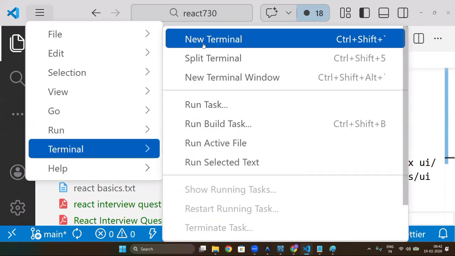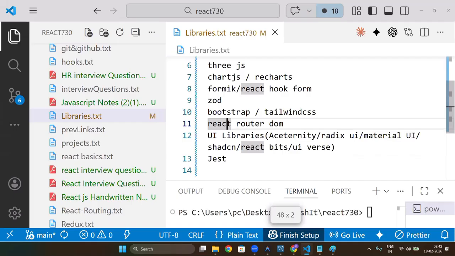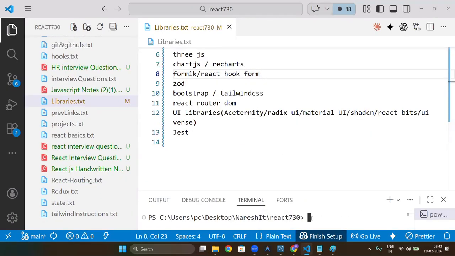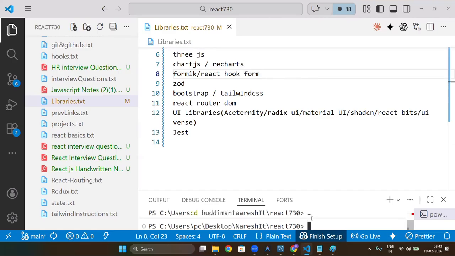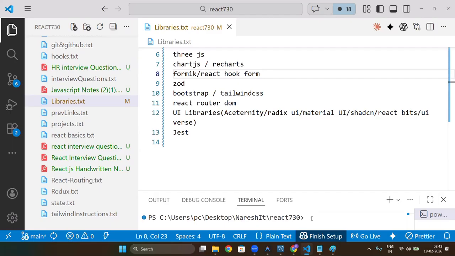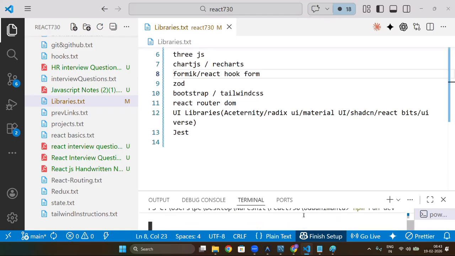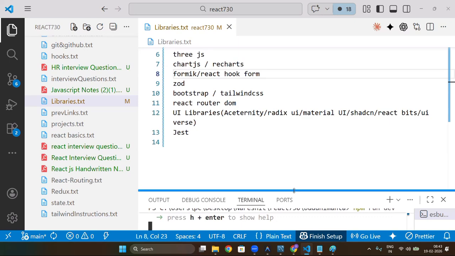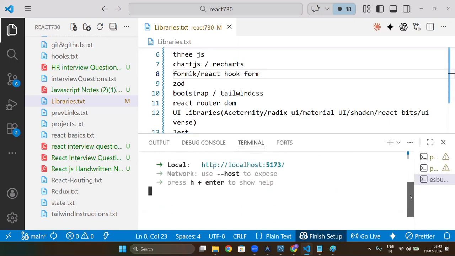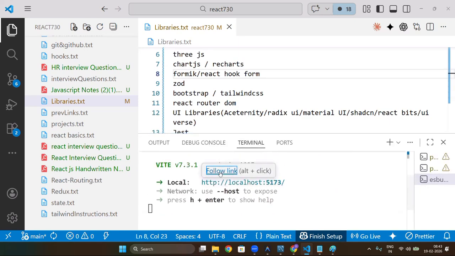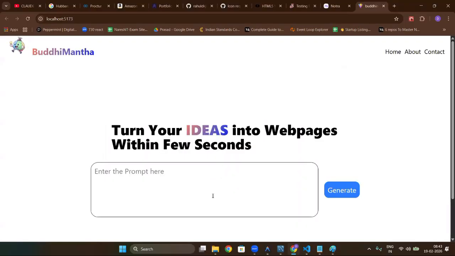Try to go here, CD. Now what is our final project? Our final project is named Buddhimanta. If I go here, basically our main goal of this particular Buddhimanta is that users will come to my website,